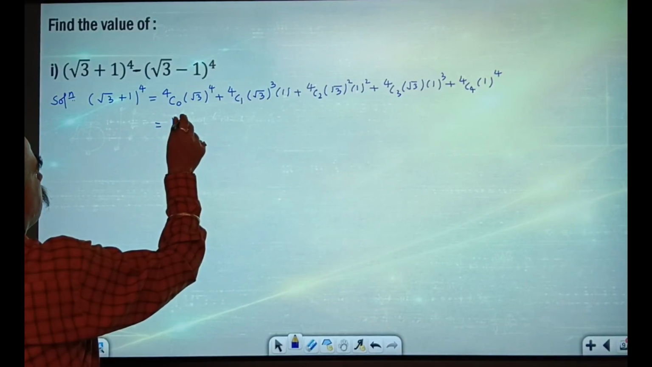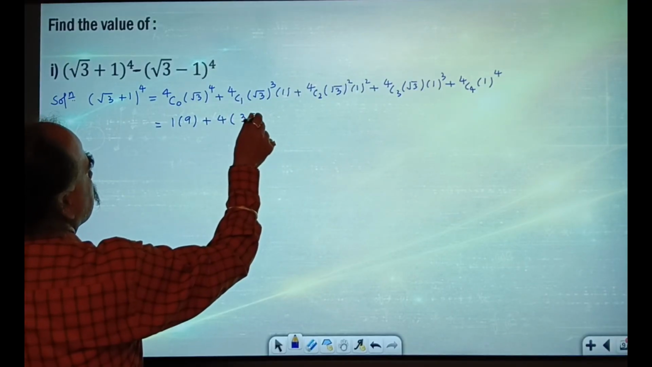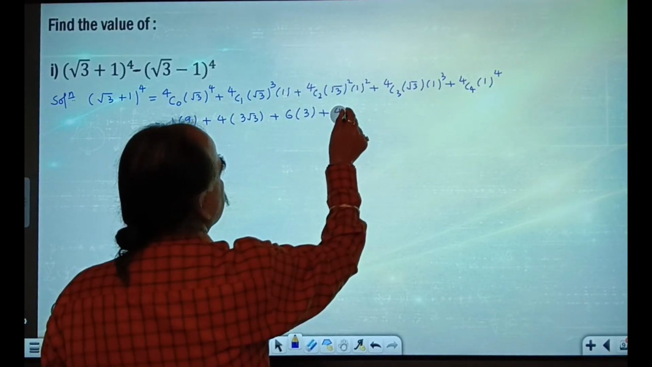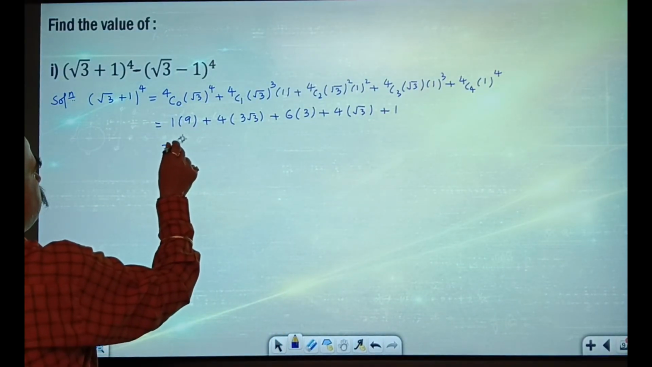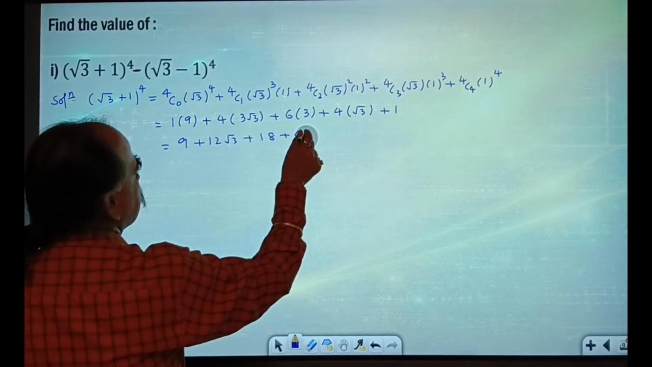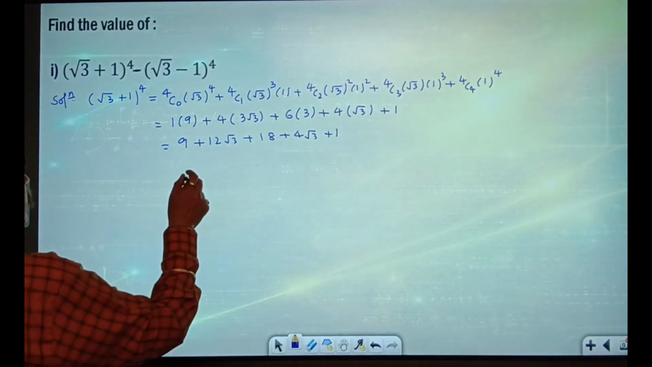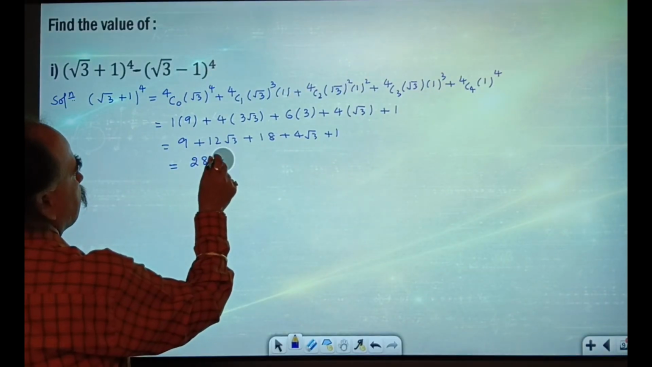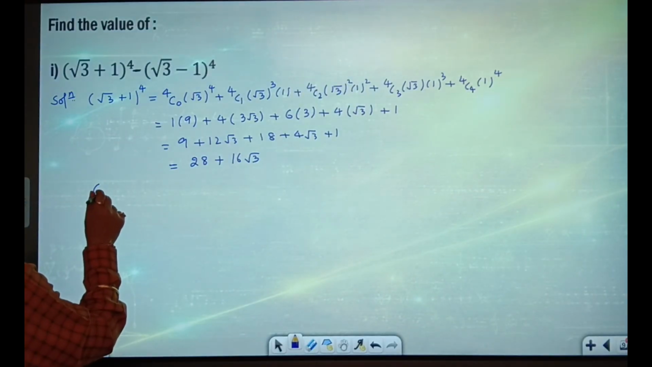1 into 9, 4C1 is 4, 3 root 3, 4C2 is what? 6 into 3, 4C3 is what? 4, root 3, 4C4 is what? 1. 9 plus 12 root 3 plus 18 plus 4 root 3 plus 1. 9 plus 18, 27 plus 1, 28. 28 plus 16 root 3. And root 3 minus 1